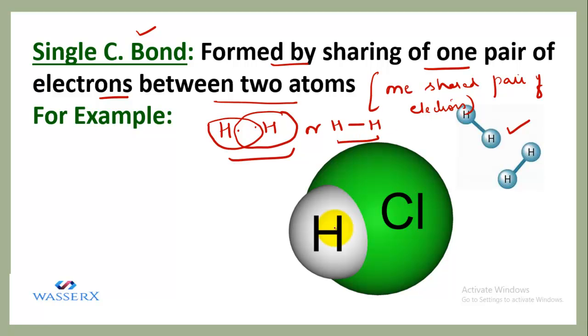Similarly, we'll take another example. You can see here we have hydrogen and chlorine. We know that hydrogen and chlorine react to form hydrogen chloride. So first see how you are going to make out which kind of bonding they are forming. If you get a question like HCl or any other, let's see how we make out the type of bonding which will be present.